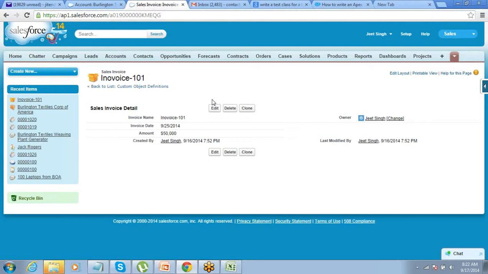After we create a custom tab, can we delete the custom tab if we want to? No, you can delete it. It will not be available here. Anything which is custom can be deleted, because you created it, so you have all the rights to delete. Anything which is standard, you cannot delete, because that is not your property. You did not create it. Whatever you have created which is custom, you can delete. There is no problem in that. Standard, anything cannot be deleted, whatever it is, field, object. Custom object also you can delete. Custom fields you can delete.